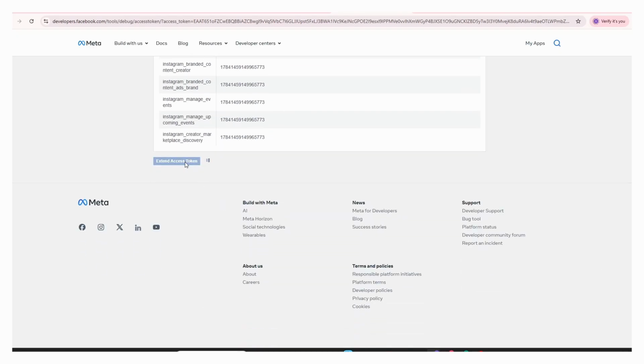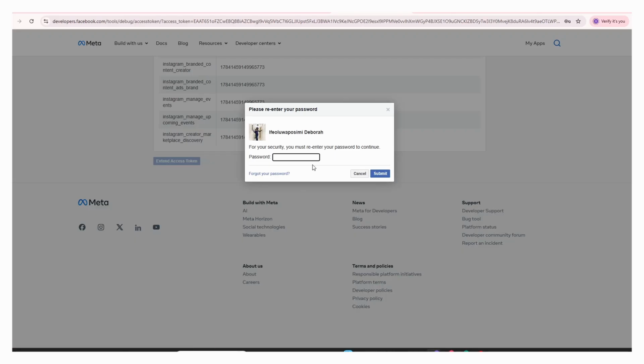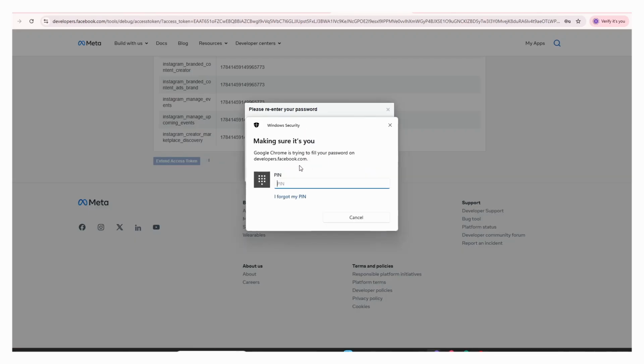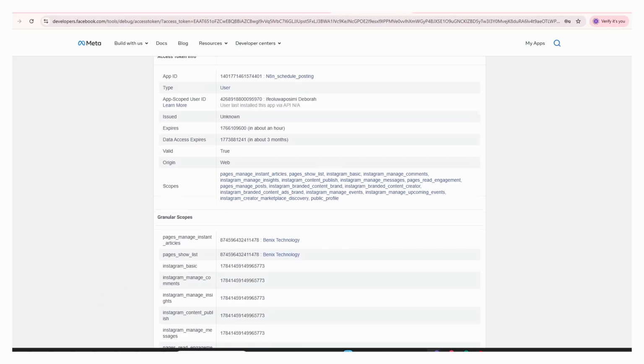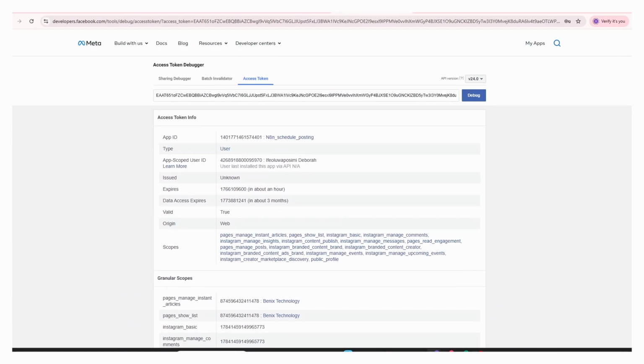Extend access token. Then you need to log in. So you'll see that this is the access token here that will last for 3 months. So you copy it. It's very important that you copy it. That's what you'll be using in your editor. So once that is done,